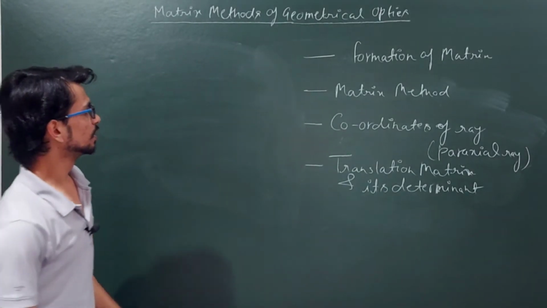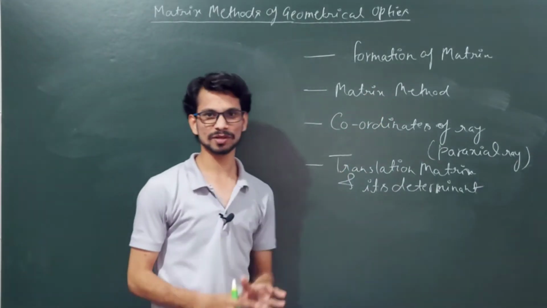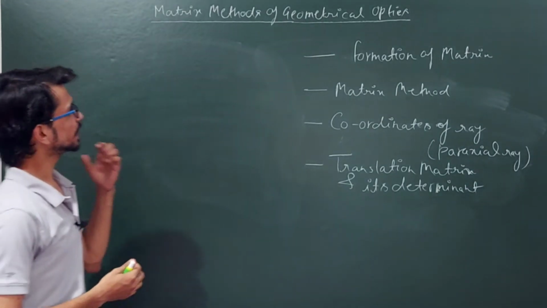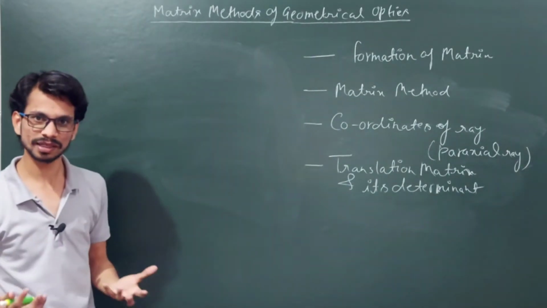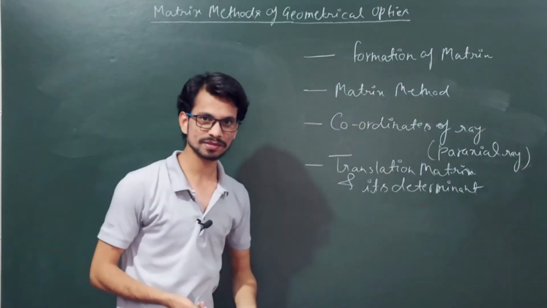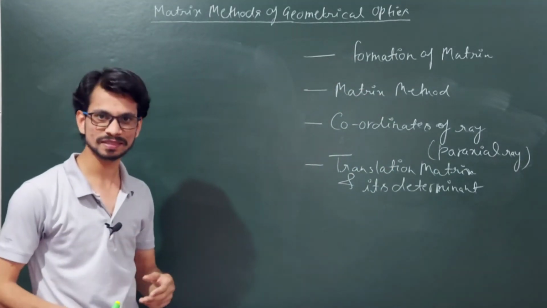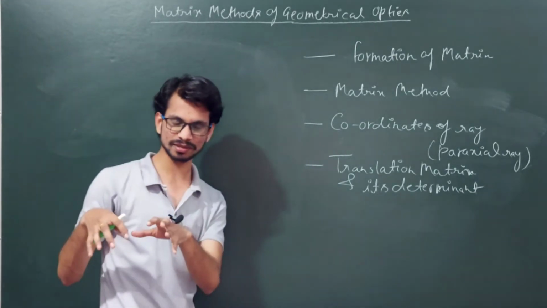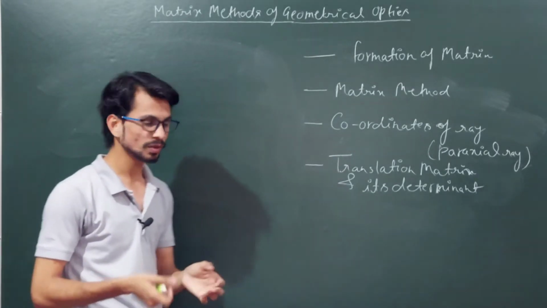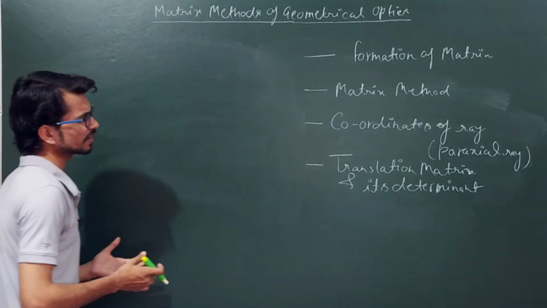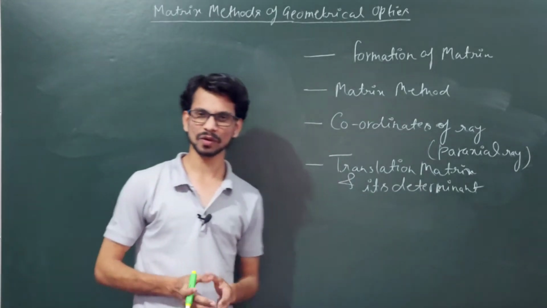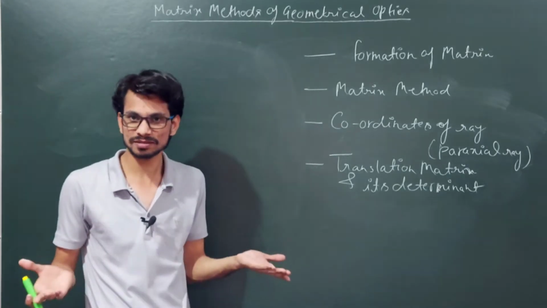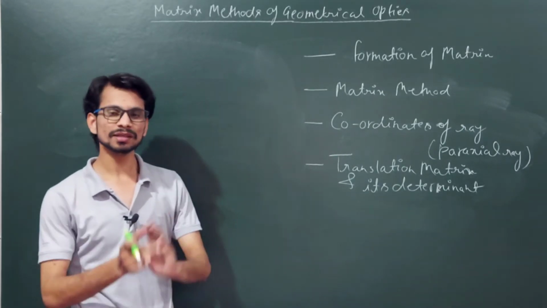Now let us take a look at the matrix method, which is our topic of this lecture. Why are we using the mathematical tool of matrices in geometrical optics, as optics is a topic of physics and matrix is a topic of mathematics? Because, as you have probably come across, there are situations in optics in which there are a lot of mirrors and a lot of lenses. Maybe that is possible? Then how?